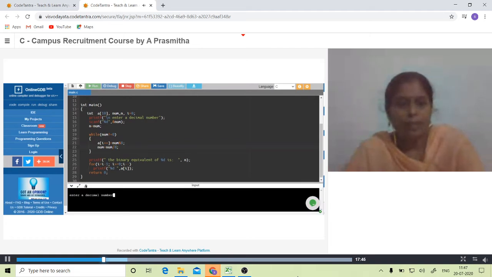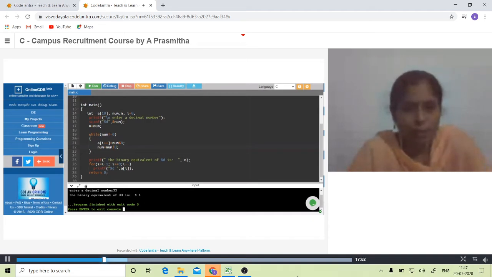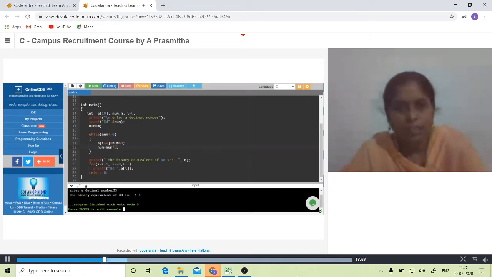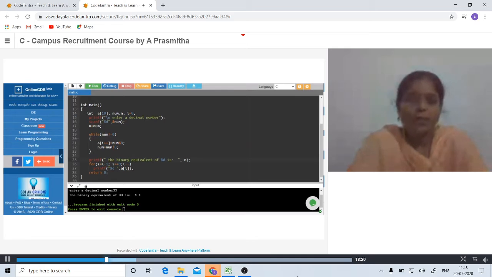Let me give the input as 33. The same output 41 has come. Because I am giving a space here, it is showing the space. The only change I made to the previous program: earlier it was 2, binary conversion. We were taking a decimal number and dividing it by 2 to get a binary number. Now we are dividing it by 8 to get an octal equivalent.